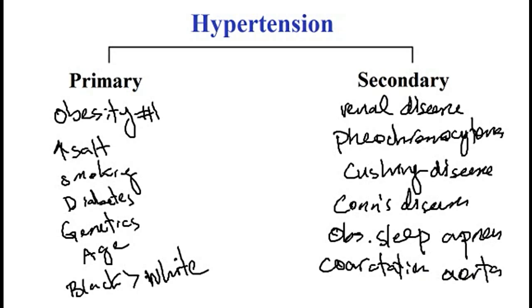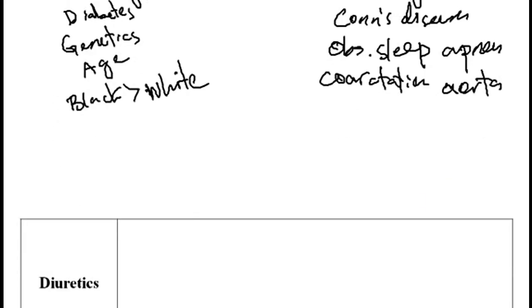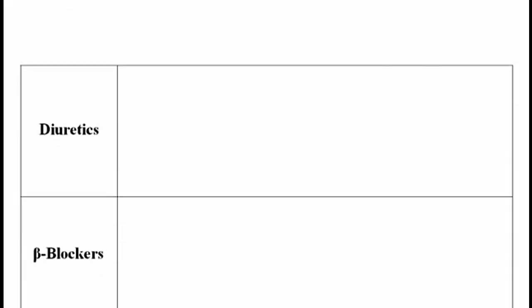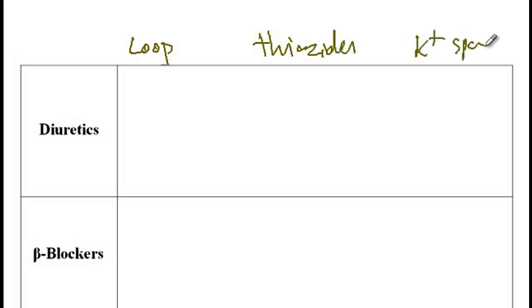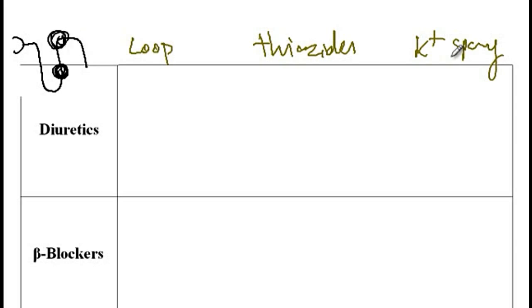Next, I would like to go over the mechanism of action of different antihypertensive medications, starting with the diuretics. So diuretics can be divided into three different categories, including the loop diuretics, thiazides, and potassium sparing diuretics. So if you have a glomeruli here that then goes to the proximal convoluted tubule, loop of Henle, distal convoluted tubules, and then collecting tubules, the loop diuretics will work on the thick ascending loop of Henle, while thiazide will work on the distal convoluted tubules, and then finally potassium sparing diuretics will work on the